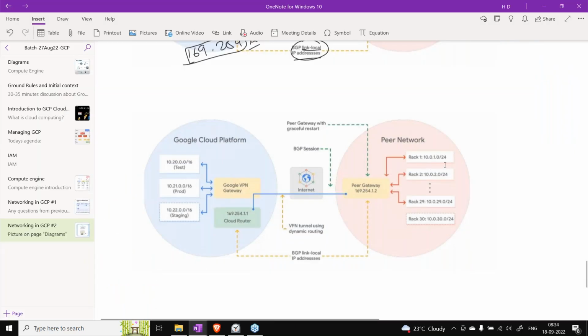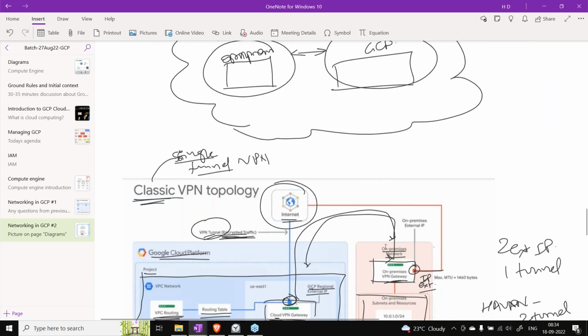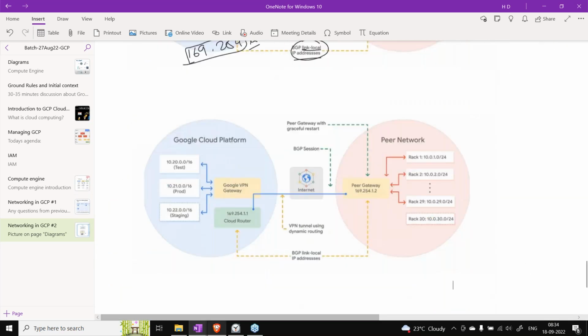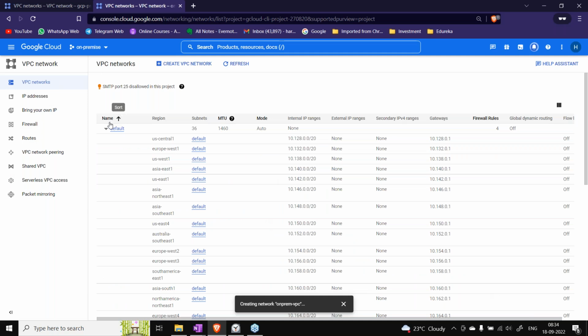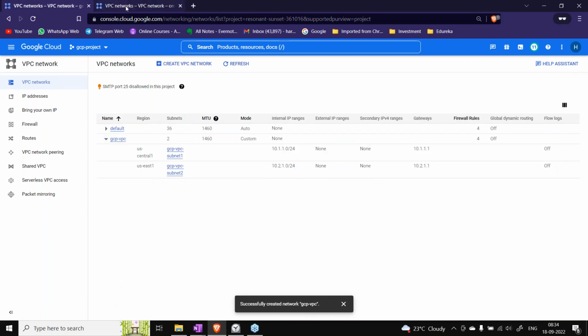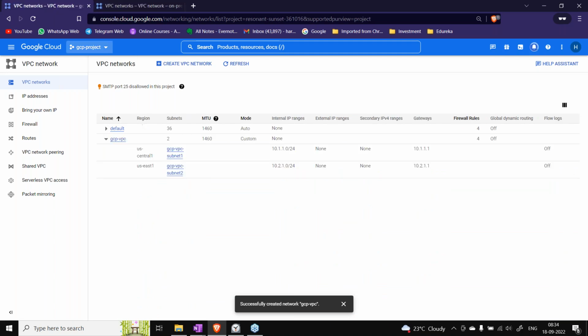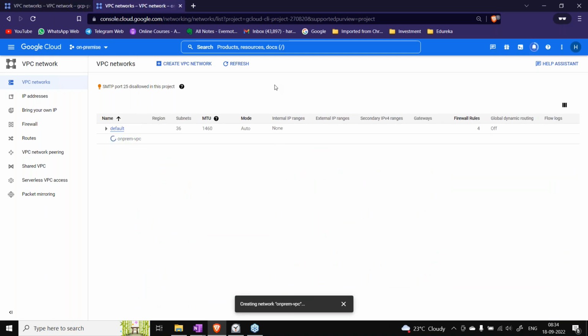Okay, fine. So we have created two different VPCs in two different projects. But don't consider this one as a GCP project. Just imagine this is your on-premise infrastructure.